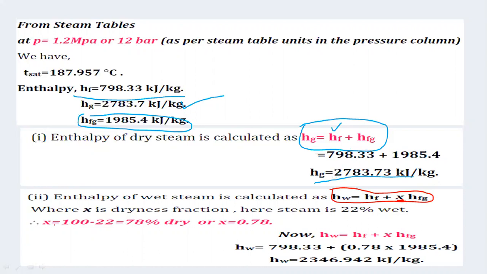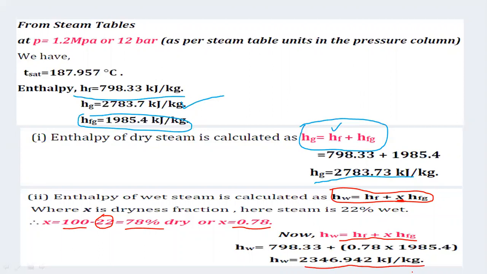This is the equation here: x is equal to 100 minus 22. In total 100, 22% is wet, so how much will be dry? It will be 78% dry, or 0.78. In this equation Hw equals Hf plus x Hfg, we substitute the value of x, and on substitution we get this value,